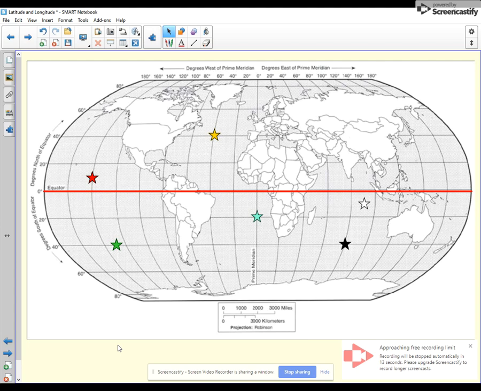And the answers, let's see: 40 degrees south for the green, 40 degrees south for black, 15 degrees south for the white, 15 degrees